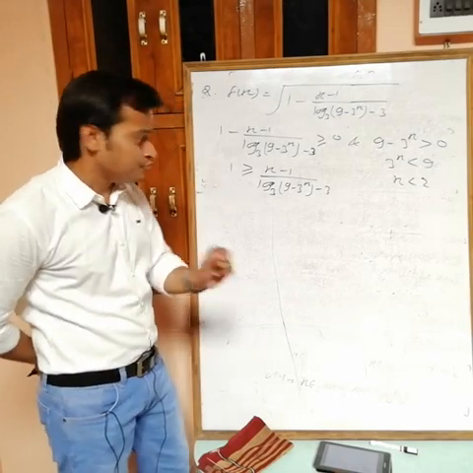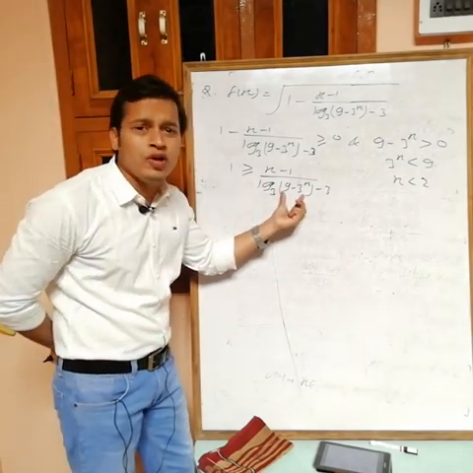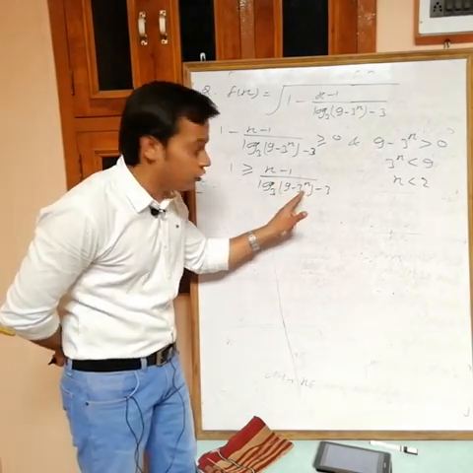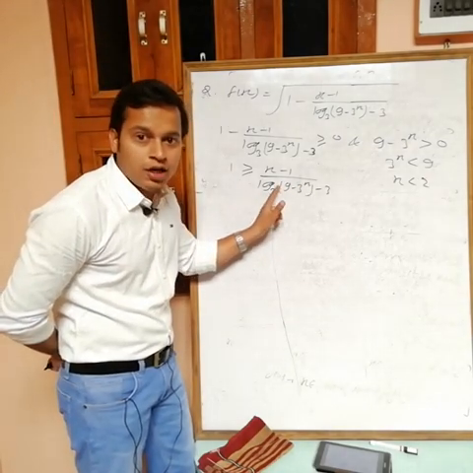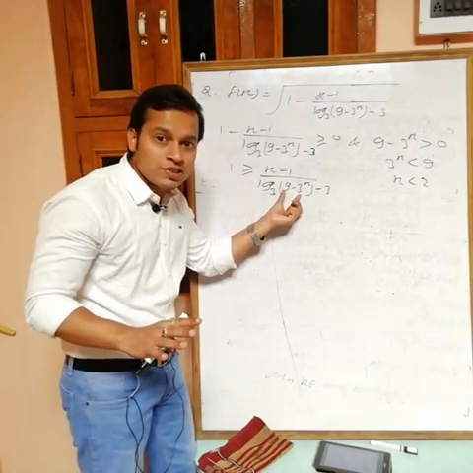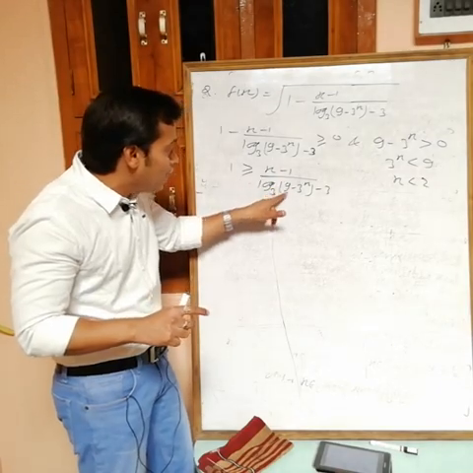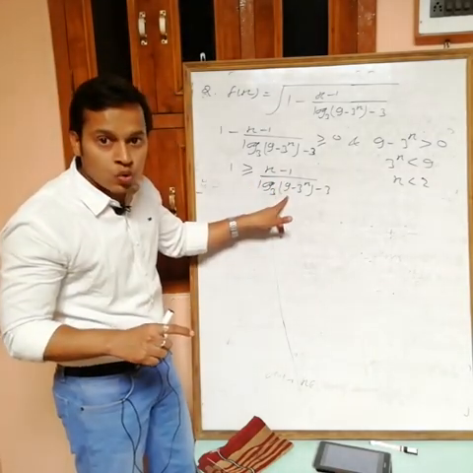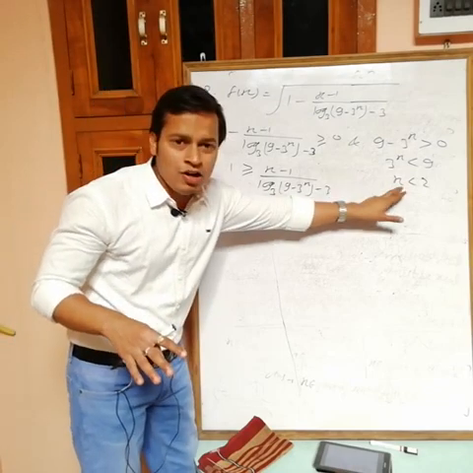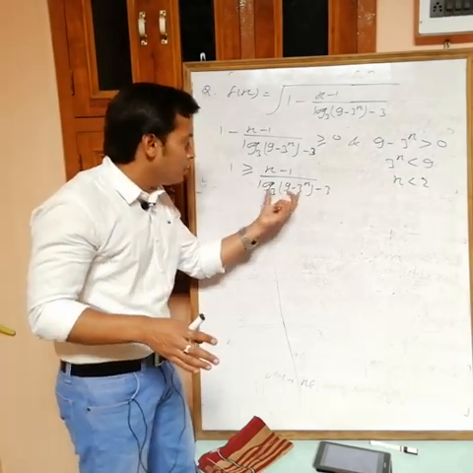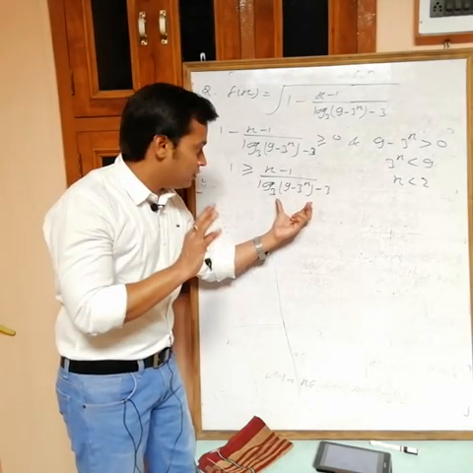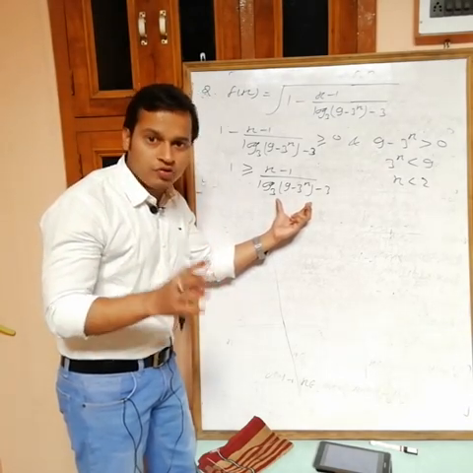Now see one thing. This value, 9 minus 3 power x, is always less than 9. It can't be greater than 9, because 9 minus something, where something is always positive, is always less than 9. So if you put the maximum value 9, then log 3 of 9 is 2, and 2 minus 3 is minus 1. It means it doesn't matter what value of x you put satisfying this, this denominator is always negative. If it is always a negative value, then I can multiply.